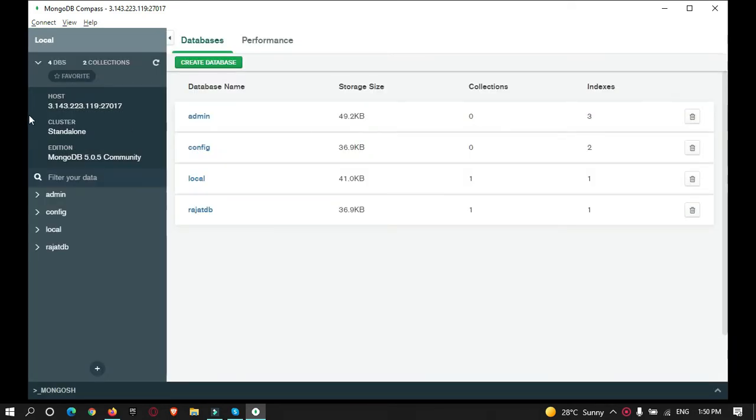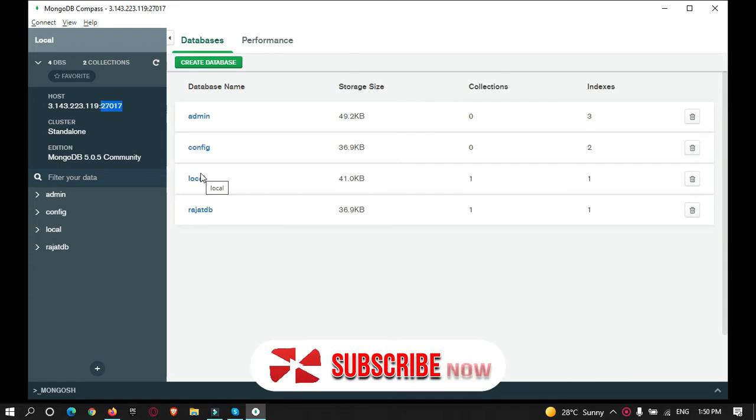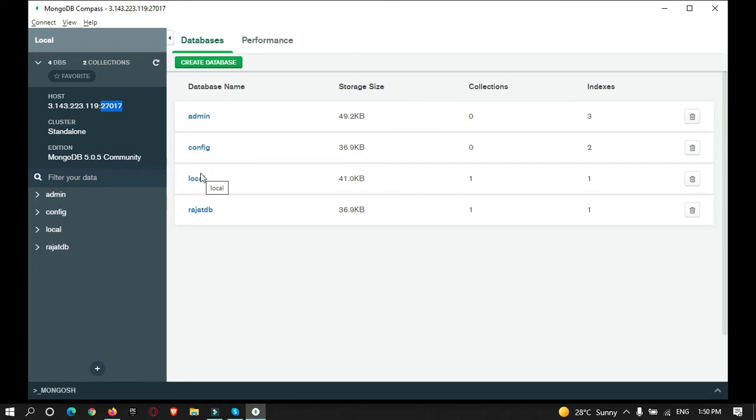As you saw, anyone with the IP address of your system and the MongoDB port can access your database easily without any authentication. So in this tutorial, we are going to learn how to create an authentication user so that not just anyone can access your database. Database access will be provided only to the user who has your username and password to sign in to your MongoDB database. So let's learn how to do that.